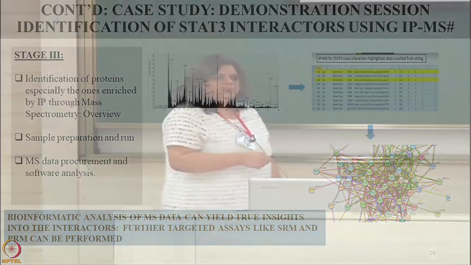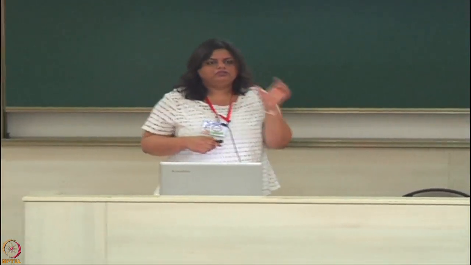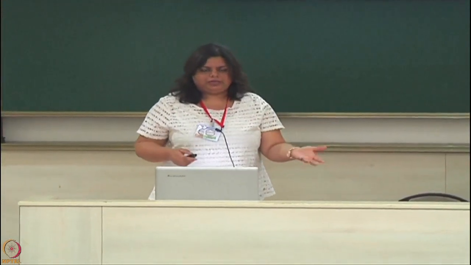So you will get a list of proteins, and you can then do bioinformatic analysis. You can do a scoring based on STRING. StringDB is an open access software, and there are other software as well. You can come up with a score, and you can do other experiments to see how closely the list of proteins you are getting from the mass spectrometer are interactors of your protein of interest. Thereby you can form an interactome map. We will demonstrate this technique in detail, as well as provide you the brief protocol for how to perform these experiments. So let us have this demonstration session.